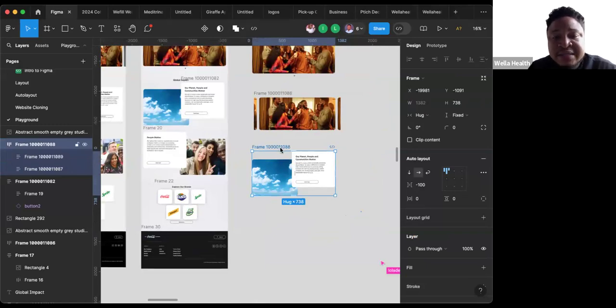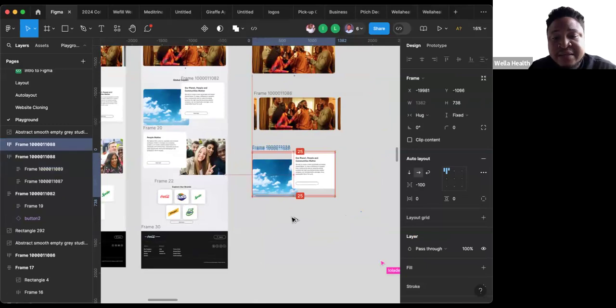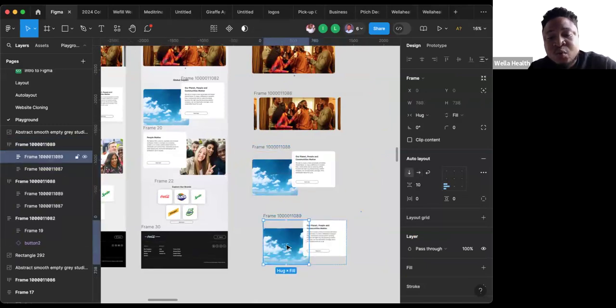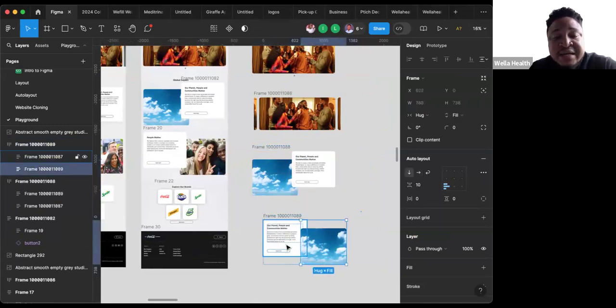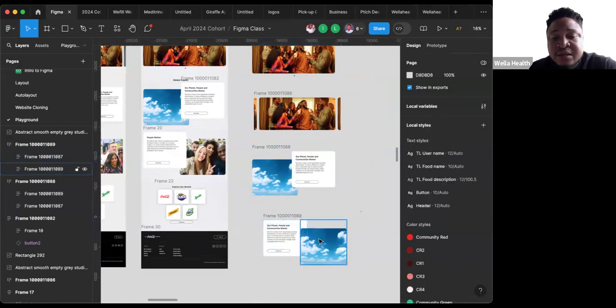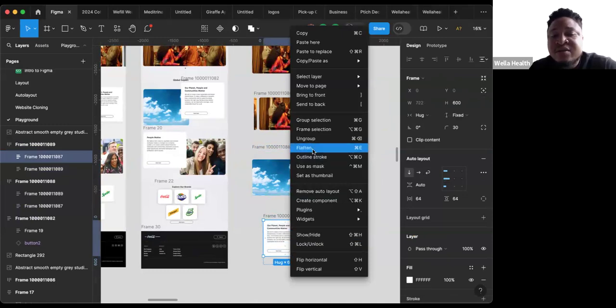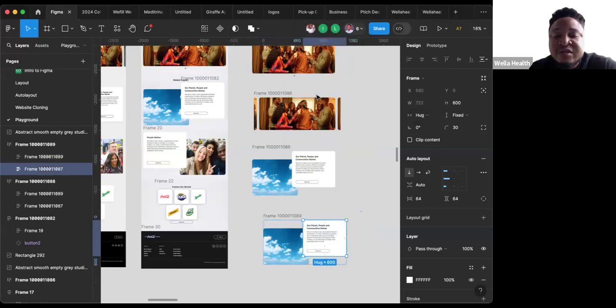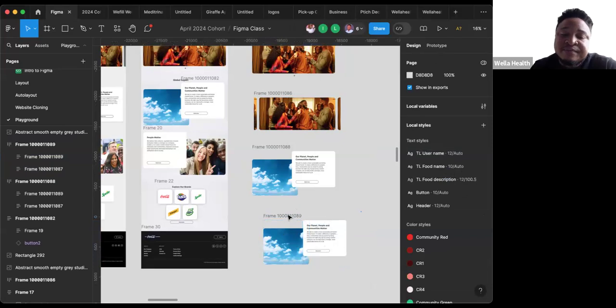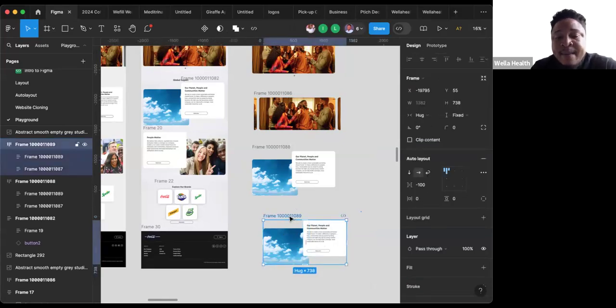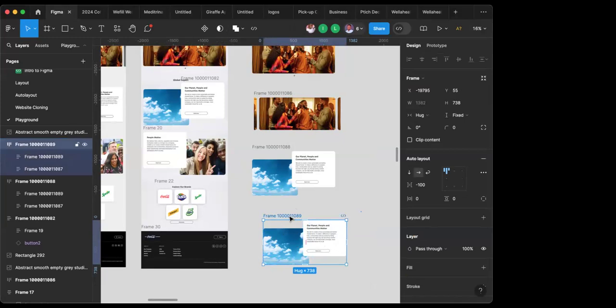you can duplicate this, and then this one you take over to this other side, and bring it to the front. That's something crazy that normally happens. If you bring this to the front, it goes the other way. That's something that normally happens. Okay, so what we're going to do is